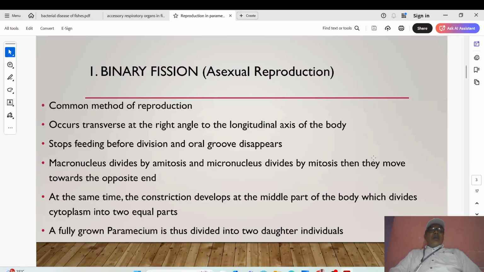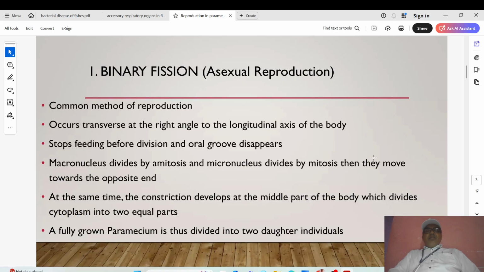Now, the macronucleus divides by amitosis and disintegrates. The micronucleus divides by mitosis, then they move towards the opposite ends. At the same time, a constriction develops